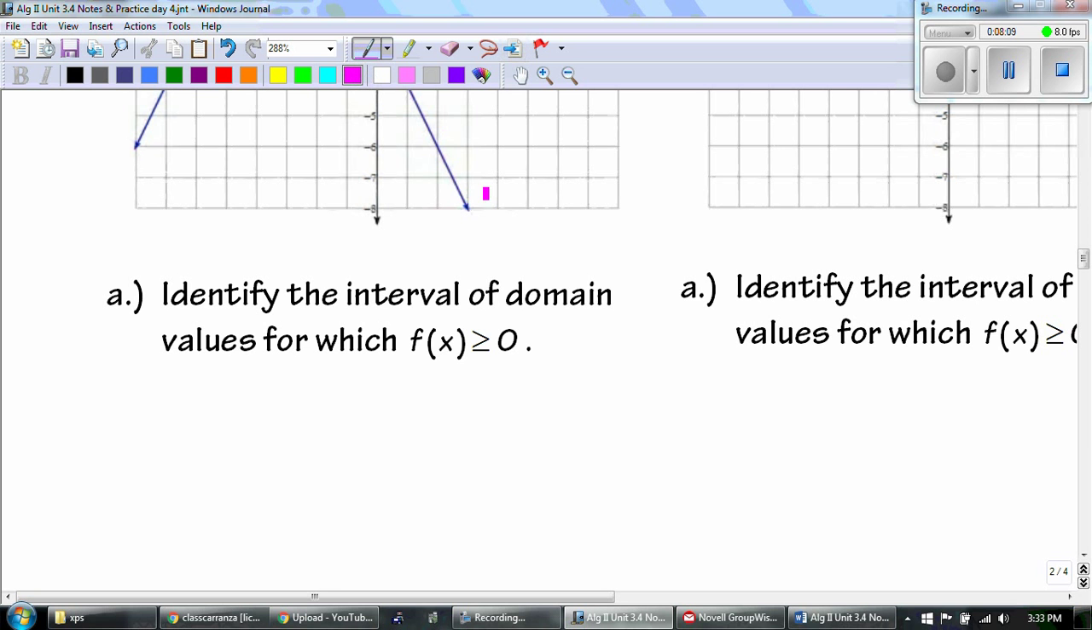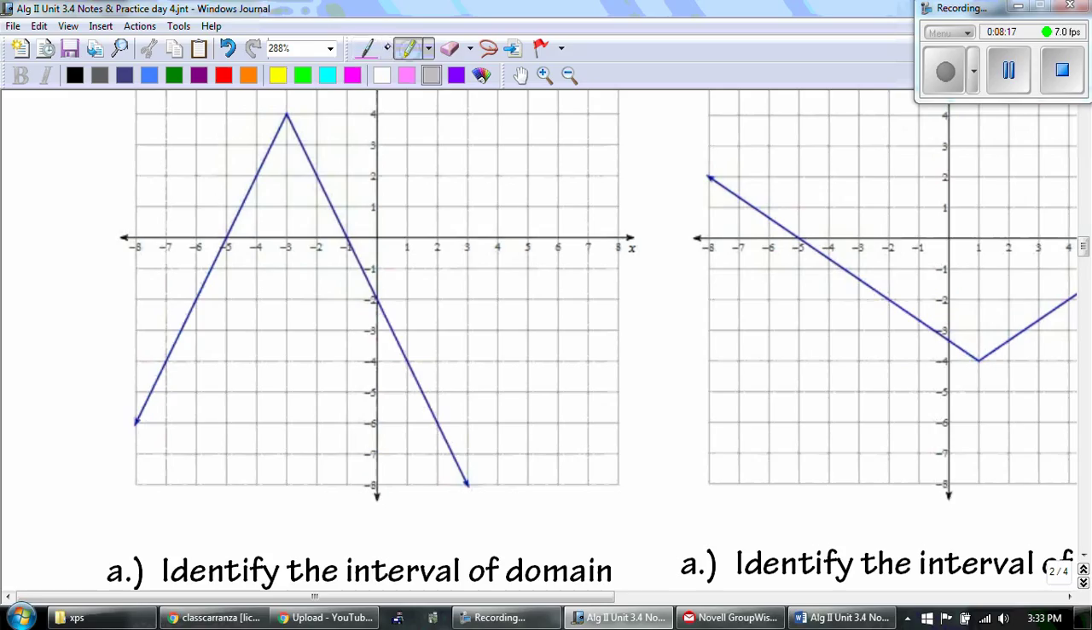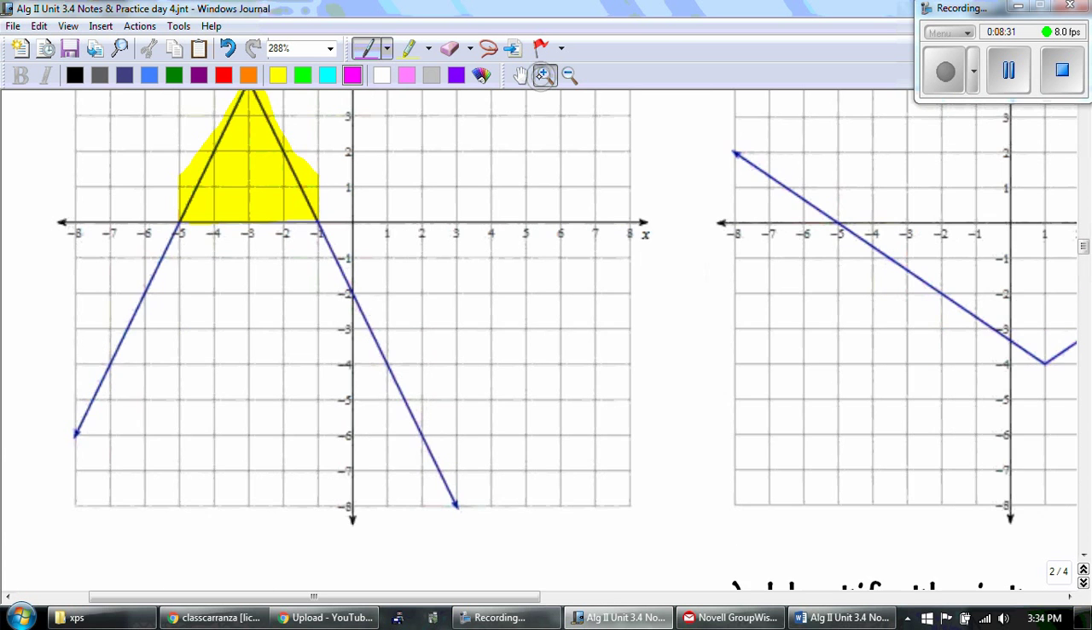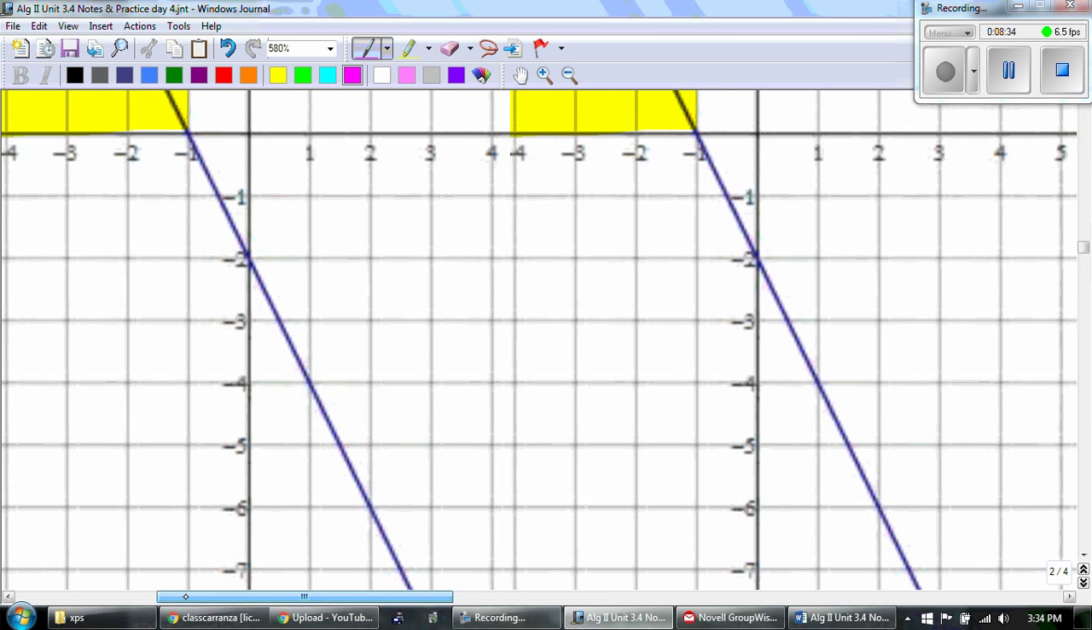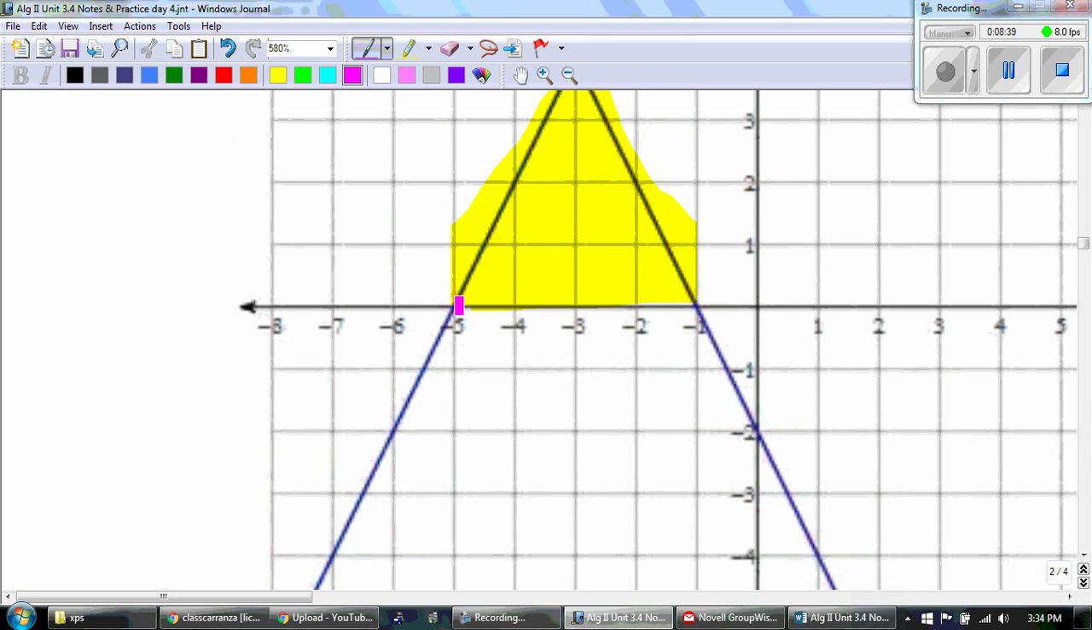Okay, so I'm just going to rewrite this: y is greater than or equal to 0. So where is y greater than 0? Well, it's greater than 0 up here, and that portion is where it is greater than or equal to 0. I'm zooming in to this part because all I care about right now is the -5. So from -5 through -2 is when it is greater